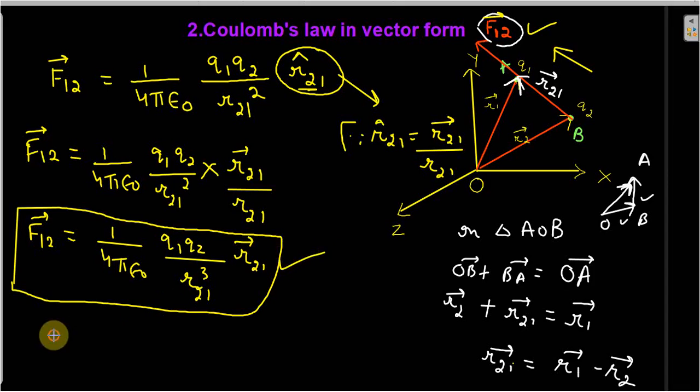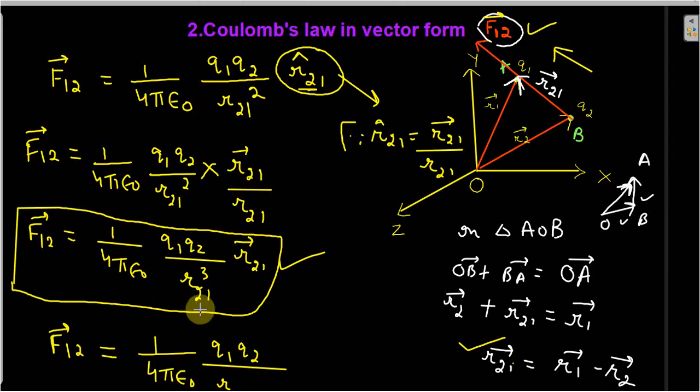So in another form we will use this formula we already derived. So you can even write F12 is equal to 1 by 4 pi epsilon naught Q1 Q2 over R. Now instead of writing R21 you can write R1 minus R2. Now this one is the magnitude form and this one is in the vector form. So we will not put a vector sign because this is in the magnitude form. So we can write this as R1 minus R2. This is not visible, so I will write again.